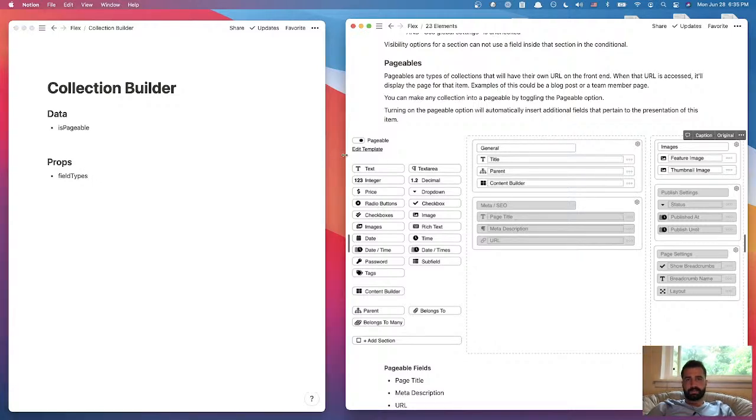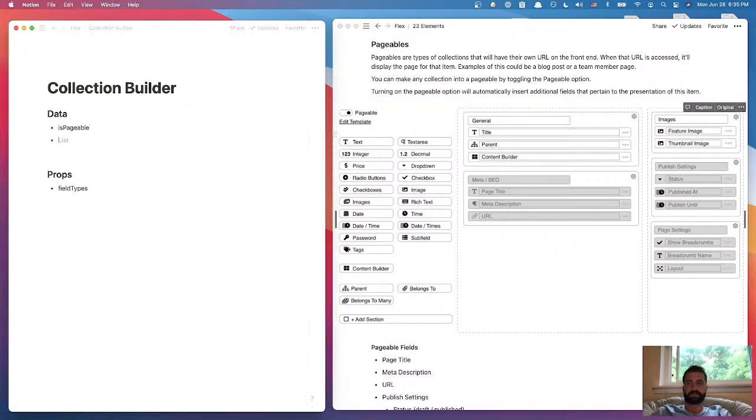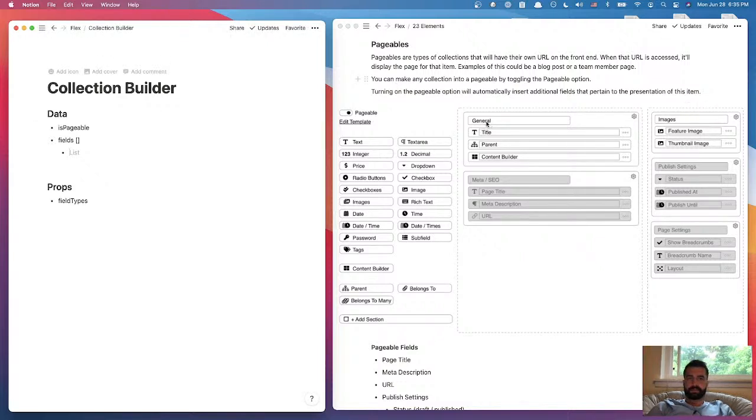We're going to have, once we click and drag a field type into one of the columns, the actual fields in there. And each field, so this is going to be an array, right? And then each field is going to be an object, and each field is going to have several properties. So we're going to have a name for that field, and there's of course going to be the type of field that it is. So type, name,